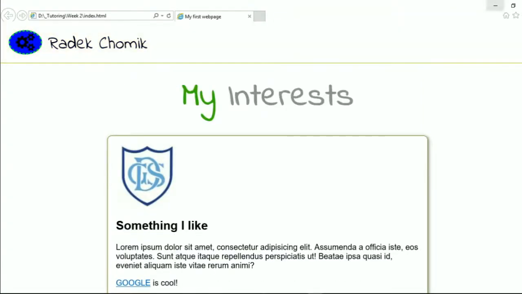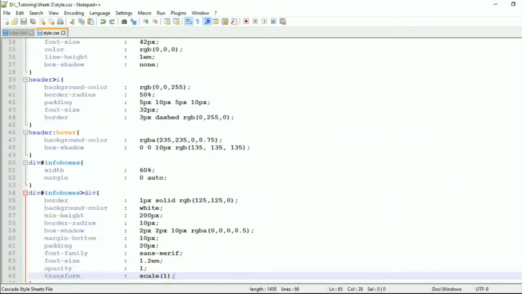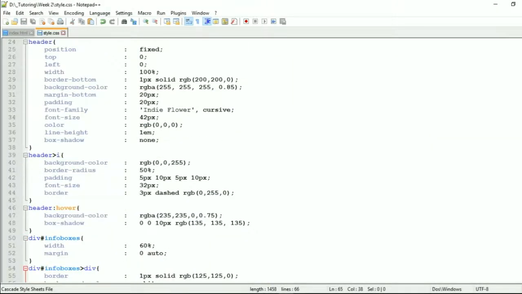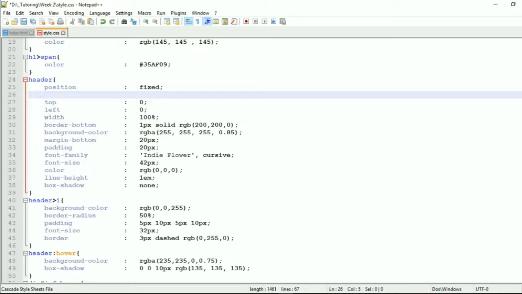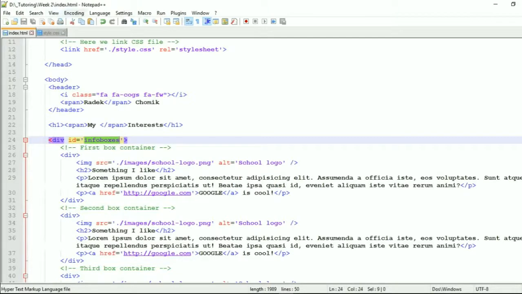We can simply solve this by adding to our header command Z index. However, we work in the 2D environment, but we can kind of manipulate the third value, the depth value, by adding Z index, which means